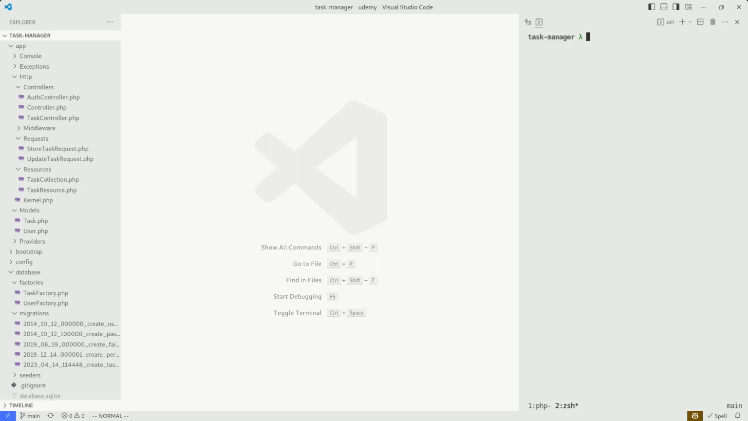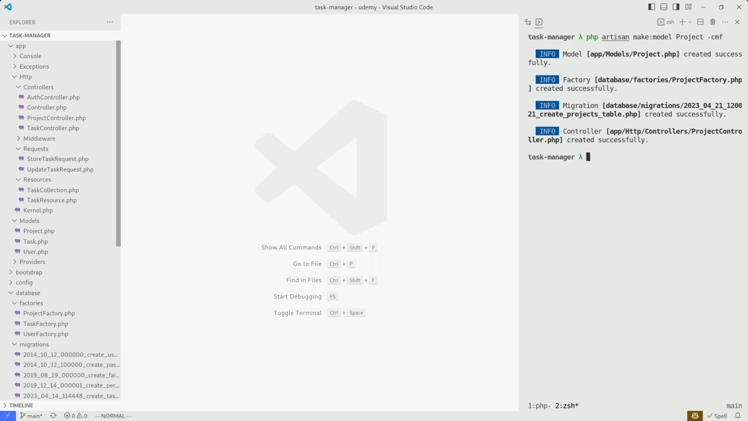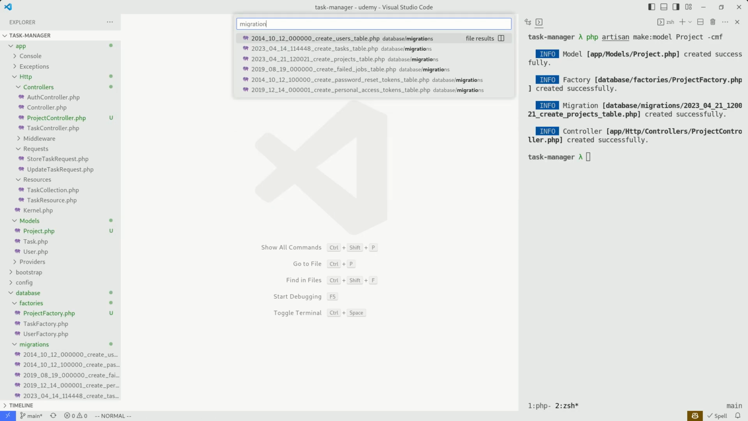So let's get started and use our artisan make command again to create the projects model. And besides the model, we're going to want a controller, a migration, and a factory. So that's the C, the M, and the F flag that we're passing to this command. And let's fill in our migration first,